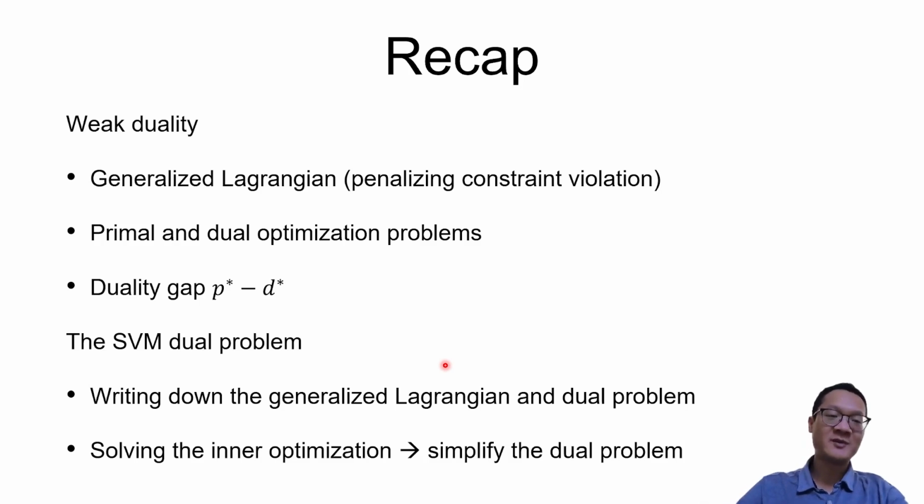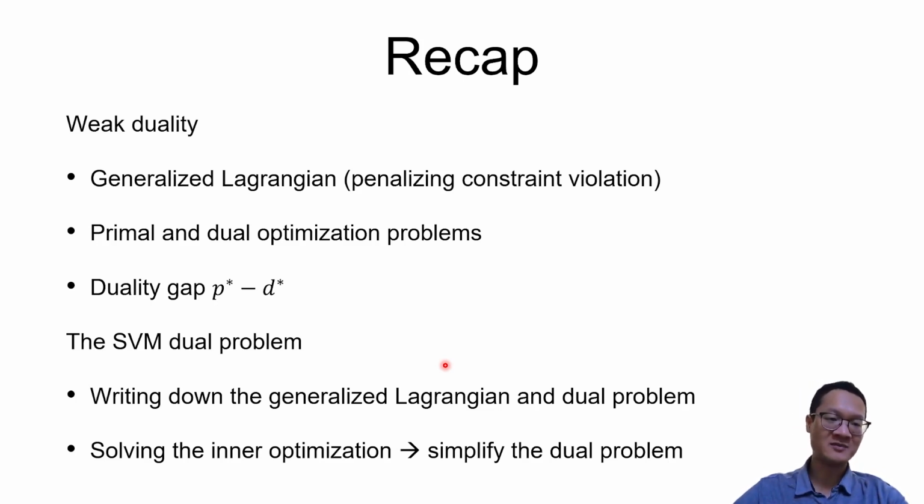So last time we talked about weak duality. In particular, we constructed the generalized Lagrangian function, and we can remember how that works by thinking of penalizing constraint violation. Taking the penalization to the extreme, where any constraint violation makes the objective go up to infinity, we wrote down the primal optimization problem as well as the dual optimization problem. And then we said that in general, there would be a duality gap, which is P star minus D star, where P star is the optimal value of the primal optimization, and D star is the optimal value of the